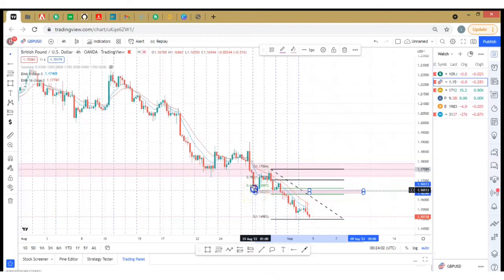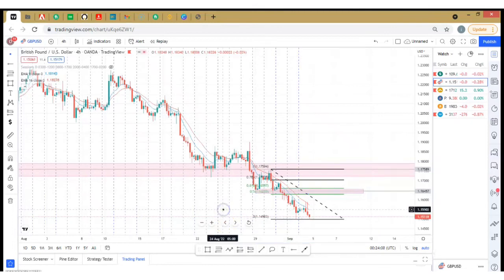Then I'm not trading this pair till I see this market in this zone. So that's very important. This market might most likely do something like this and continue down. So that's what I expect this market to do, and that's what I'll be waiting